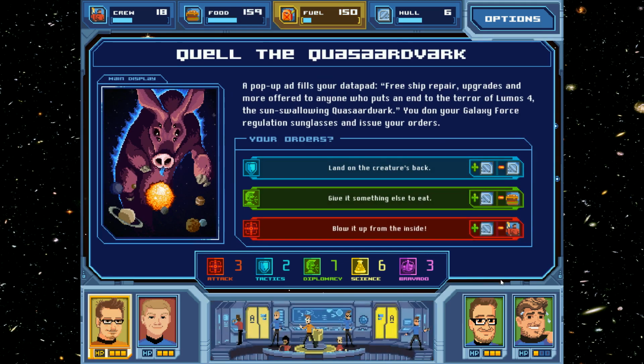So, quell the Quasardvark. A pop-up ad fills your data pad. Free ship repair, upgrades and more offered to anyone who puts an end to the terror of Lumos 4, the sun-swallowing Quasardvark. You don your Galaxy Force regulation sunglasses and issue your orders. So we can land on the creature's back, we can give it something else to eat, or we can blow it up from the inside. Crew's good. Let's blow it up from the...